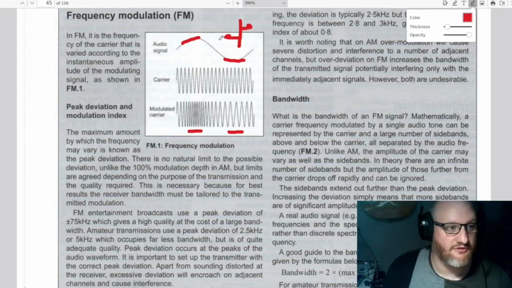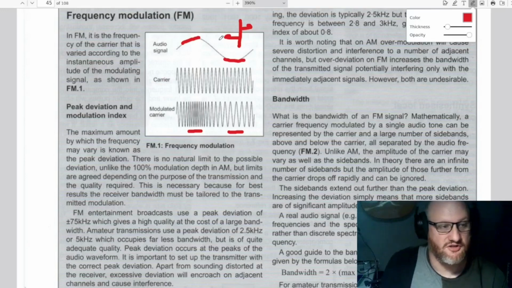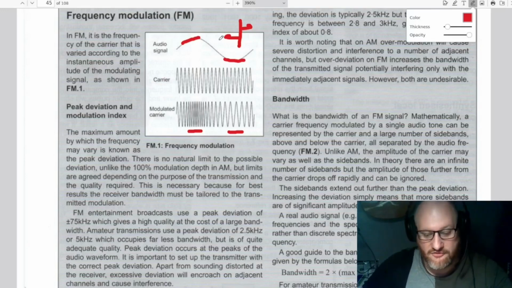Now, unlike the depth of modulation, there really isn't a limit to the amount of deviation that you can have. You could have signals on the amateur band that have a 5 kHz or a 2.5 kHz peak deviation, so the maximum amount that they deviate from the carrier. Whereas if you go to VHF FM broadcast, like your Radio 1 or your Radio 4, that could deviate by a peak deviation in either direction of as much as 75 kHz. However, the amount of deviation is going to determine the overall bandwidth that is required to transmit that signal,